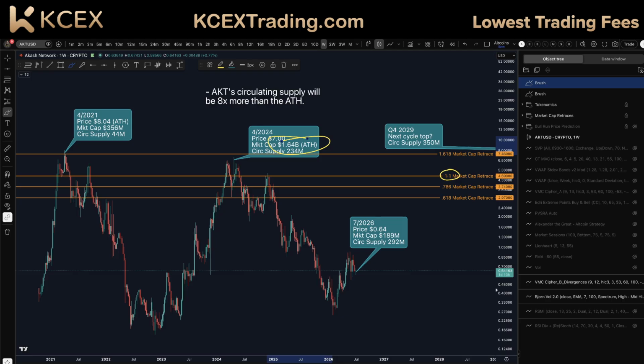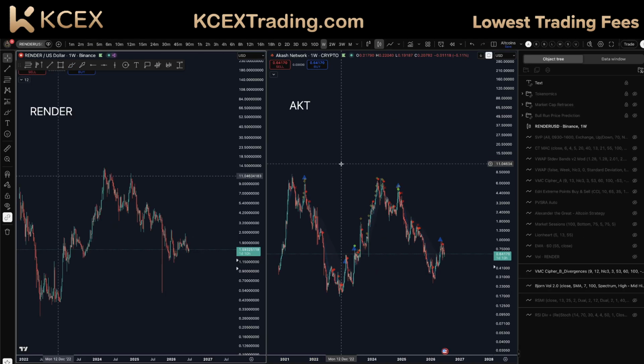Now let's go on to what you're here for, which is our price predictions and which one is going to perform better. I do think that both of these remain bullish. I think you break through your market cap all-time highs, but you are going to be diluted on both of these in the market, so price is going to be weighed down slightly.